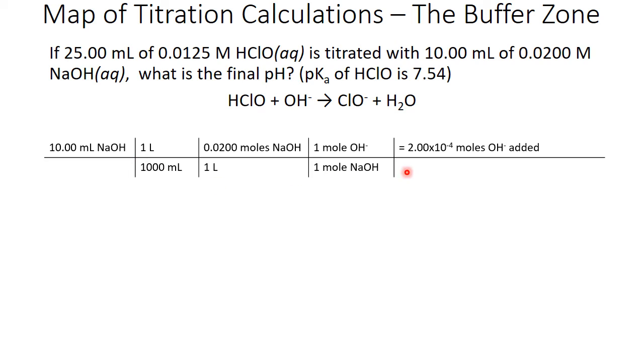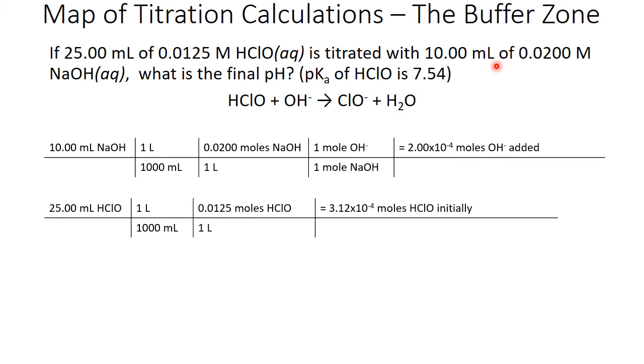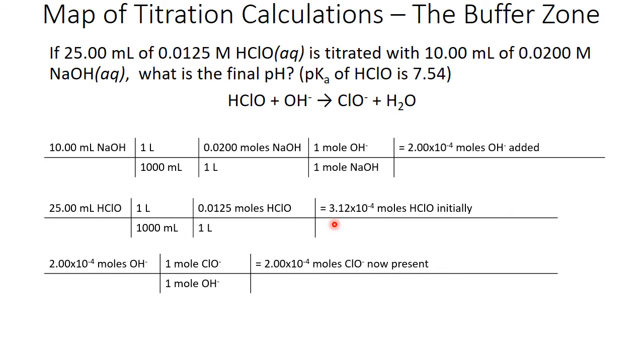We have added 2.00 times 10 to the minus 4th moles of hydroxide with this volume and concentration of solution. And initially, in this 25 milliliters of the HClO, we have 3.12 times 10 to the minus 4th moles of HClO. From our chemical equation, we know that for every mole of OH minus we add, we're going to get a mole of ClO minus, hypochlorite ion, generated. So the moles of hydroxide directly becomes moles of ClO minus, 2.00 times 10 to the minus 4th moles of